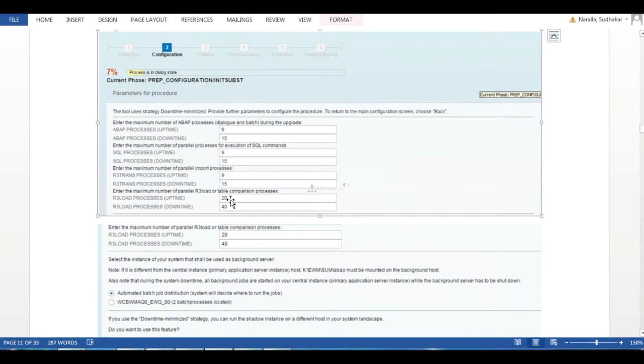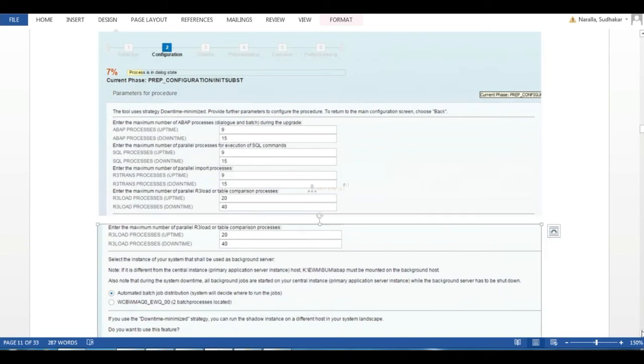So these parallel processes will help you to do your upgrade as early as possible. By default my SUM tool already calculates based on my system and shows you the number of parallel processes. Apart from that, if you require to increase the parallel processes, check your system first: how many dialog processes are there, how many background processes, how many CPUs, how much RAM. Based on that, increase the parallel processes here. Okay, in the next screen,